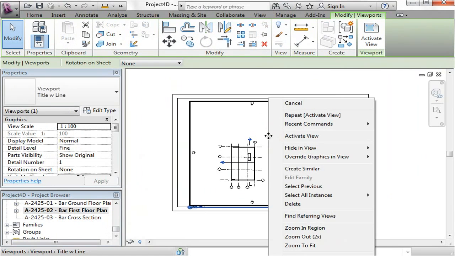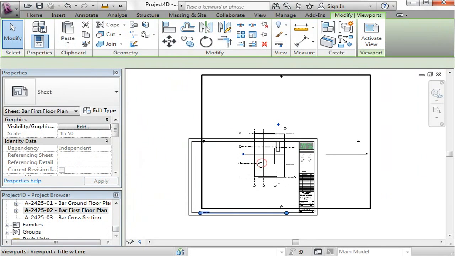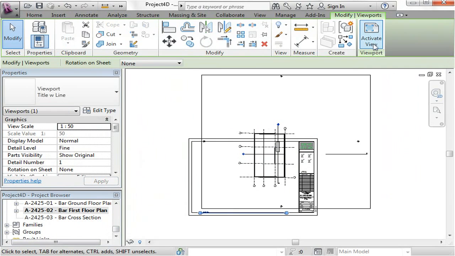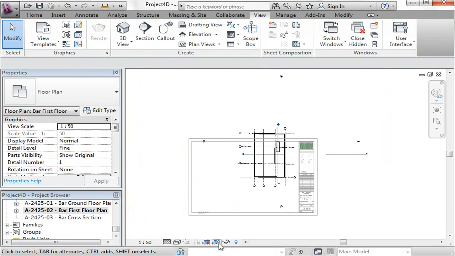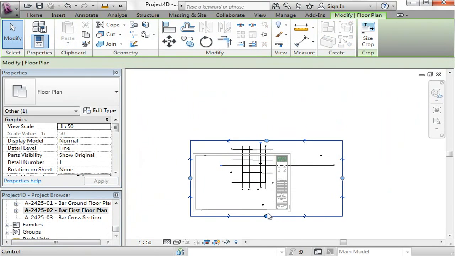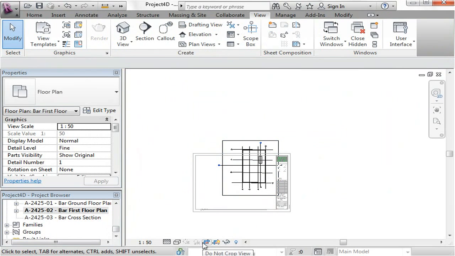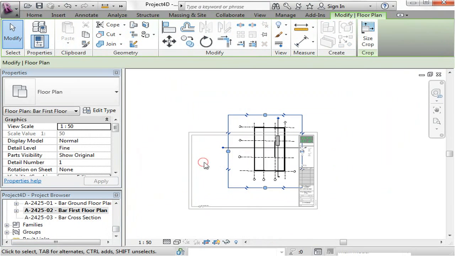Same process, so let's first activate the view. You can activate the view first or just change the scale straight away, so I might change the scale first. Okay, so now it's a lot bigger, and then I'll activate the view by right clicking or selecting this button up here. Now turning on the crop region so I can see it, cropping down to what I want to see. Making sure that it is cropping it, so you can see that as I toggle between the two, it crops it for me. And then deactivating that view,